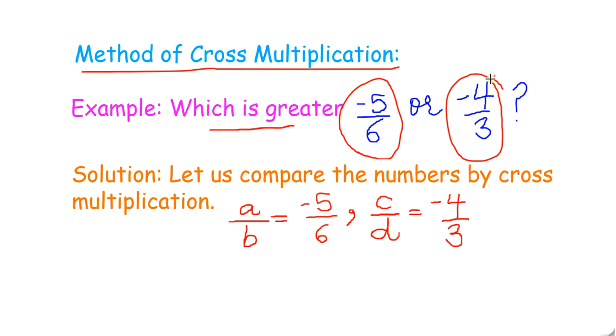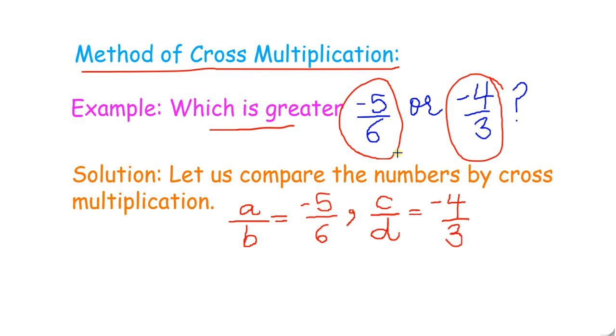The cross multiplication method says if I have two rational numbers a upon b and c upon d, so if I do the cross multiplication, that means if I multiply a by d and if I multiply b by c, so if their product is equal, then they will be called equivalent rational numbers. If a multiplied by d, their product is greater than c multiplied by b, then that would mean my a upon b is a greater rational number. If b multiplied by c product is greater than a multiplied by d, that would mean my second rational number is greater. Let us just see this through this example.